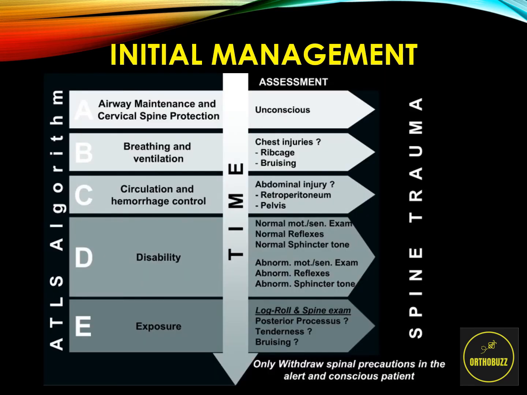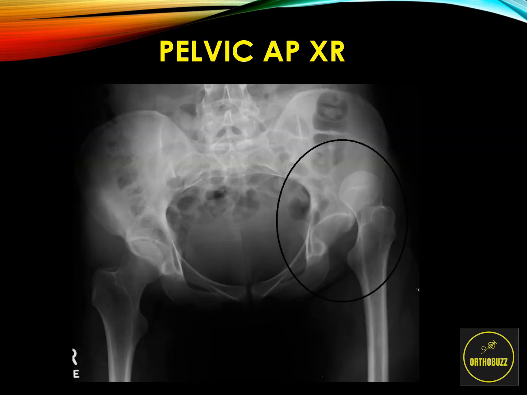So we've treated him as per the ATLS guidelines, as described in more detail over here. And after that, we move on to doing a pelvis X-ray. He may have already had a CT scan as part of his trauma scan investigations, but if not, we need to perform some sort of imaging. And as we can see over here, it shows a left-sided native hip dislocation, as the hip here should be contained within the acetabulum. Now, this may or may not be associated with a fracture, but what's clear is that